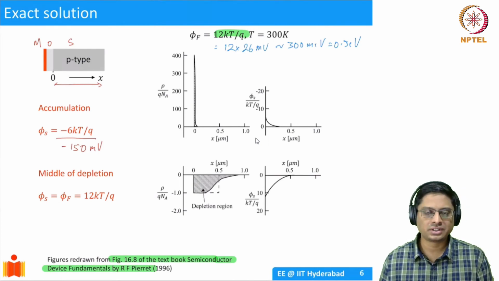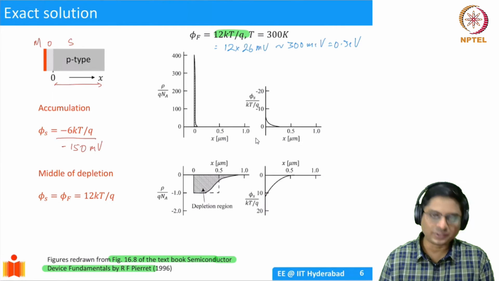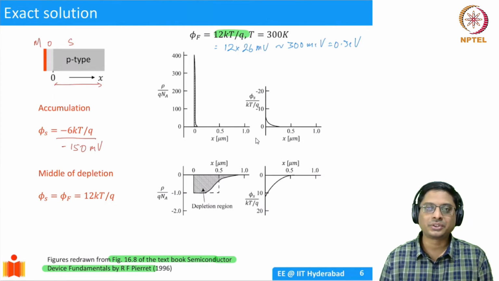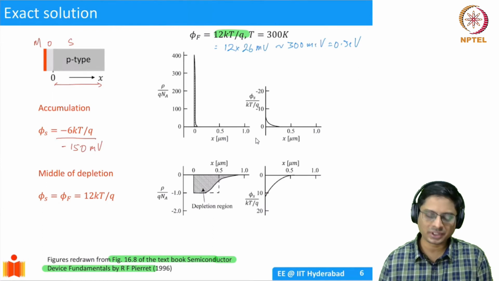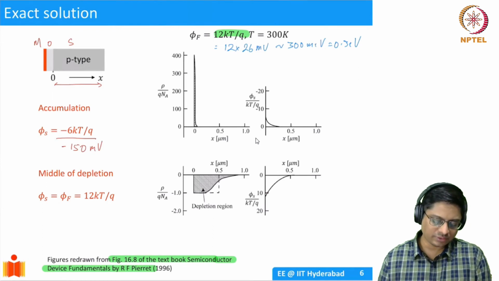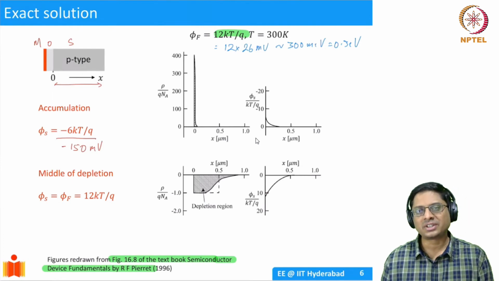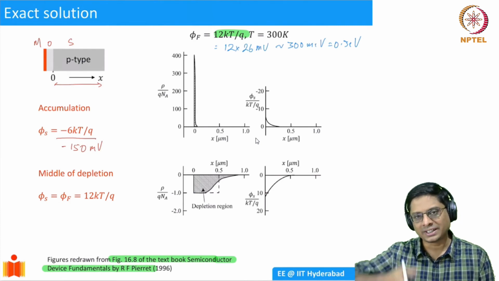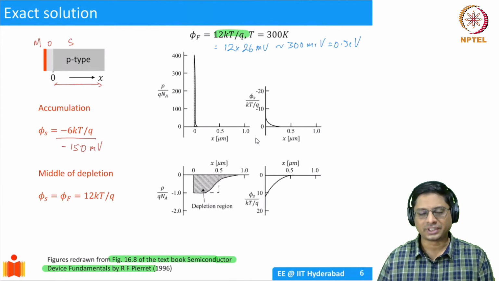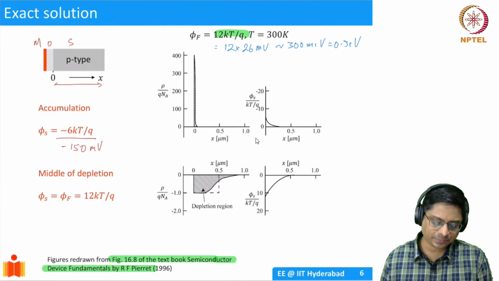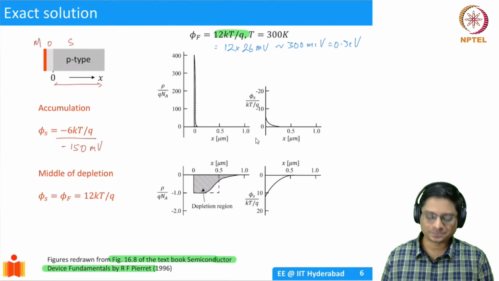So what will happen to the charge? Whenever we apply a negative surface potential, we're going to see accumulation. It might not be apparent when you look at it the first time, but I would suggest you keep analyzing it and you'll get it. Why should you have a negative surface potential to get accumulation? Accumulation means in a P-type substrate you have to have holes. To support holes there, you have to have a negative voltage at the interface. That's why negative surface potential. So how will the carrier concentration be?